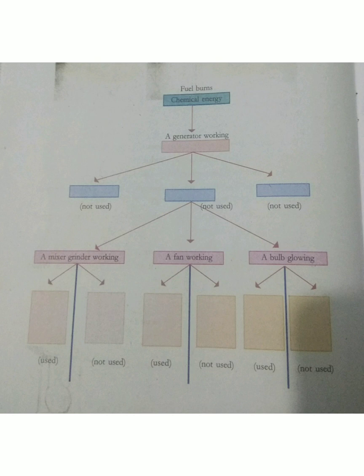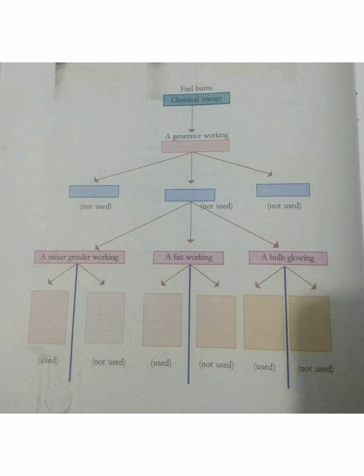So the first column fills with the chemical energy transformed to mechanical energy. That is mechanical energy. Along with electric energy, sound energy and heat energy are also formed. So these 3 blue columns should be filled rightly: sound energy, electrical energy and heat energy. These 2 are not used.